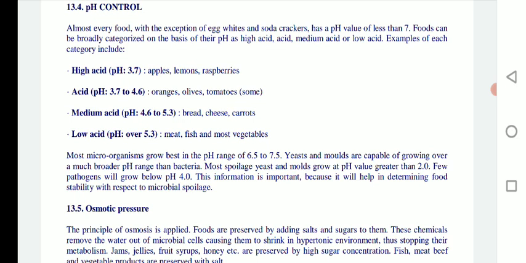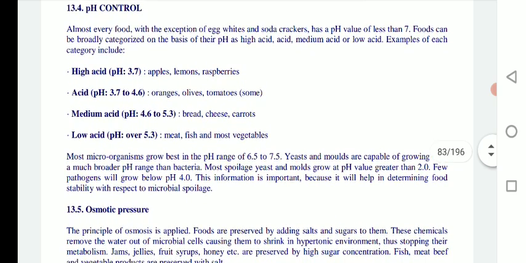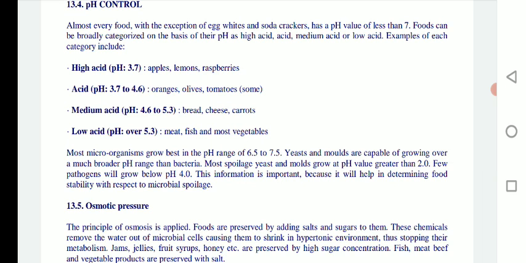Almost every food, with the exception of egg whites and soda crackers, has a pH value less than 7. Foods can be broadly categorized on the basis of pH as high acid, medium acid and low acid. These are the categories on which foods are classified on the basis of their pH profile. High acid food has a pH below 3.7,